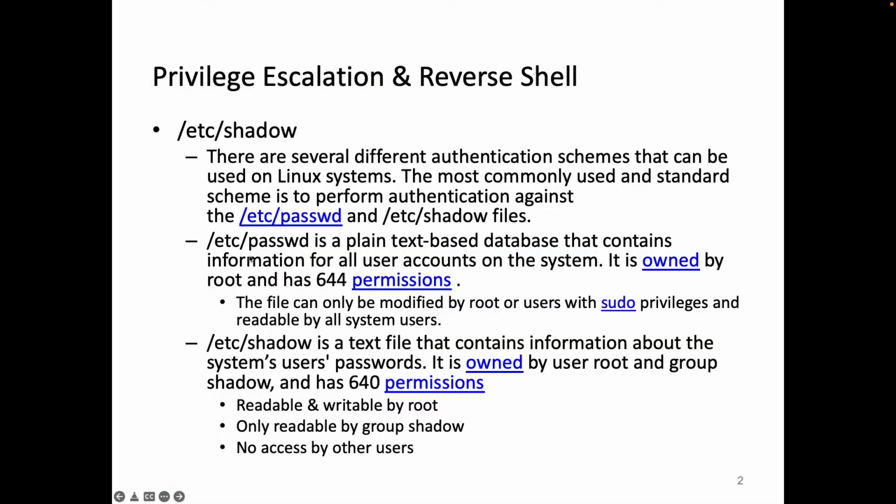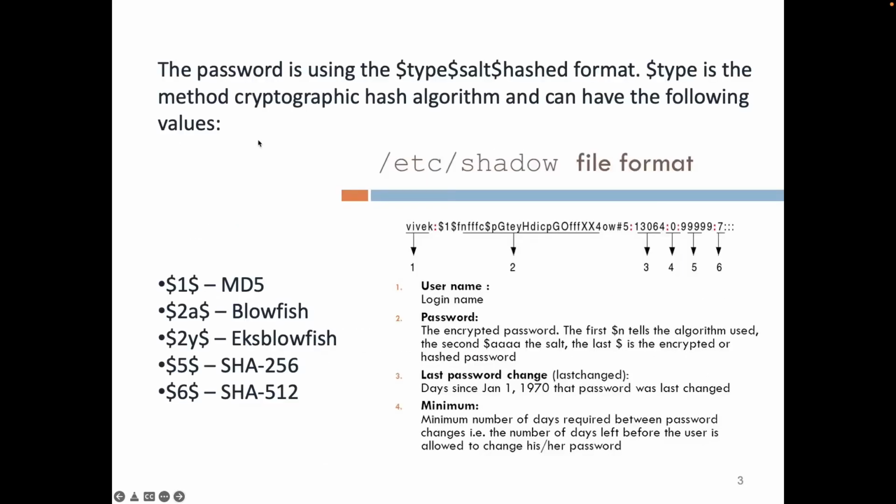So normally the goal of the attacker is trying to get the shadow file. Once he gets the shadow file, he is able to reverse it to crack the password. This is basically a typical example of the shadow file. As you can see, the shadow file consists of multiple lines. Each line lists the password in a hashed format for different users. In this example, as you can see,